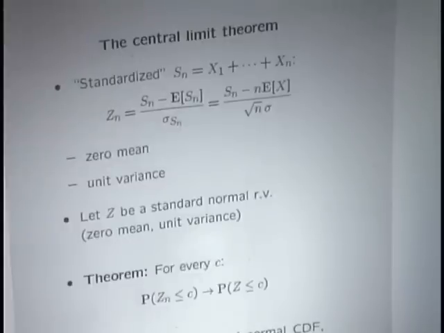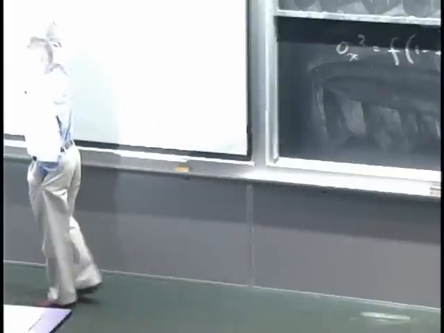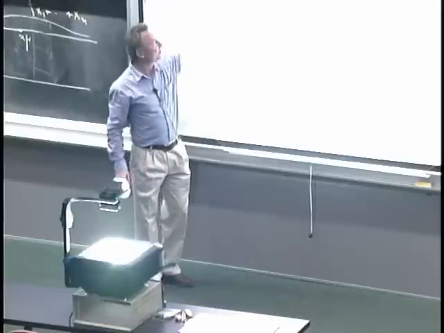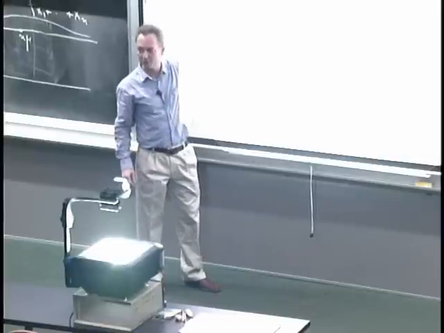So we're going to look at this random variable, Zn. It's a linear transformation of Sn. And we're going to compare this random variable to a standard normal random variable. So a standard normal is the random variable that you are familiar with, given by the usual formula and for which we have tables. This Zn has 0 mean and unit variance. So in that respect, it has the same statistics as the standard normal.